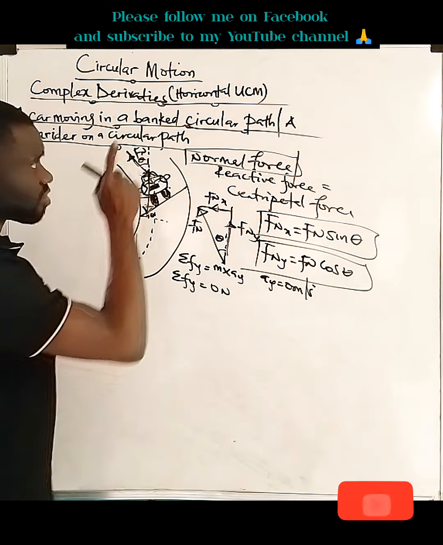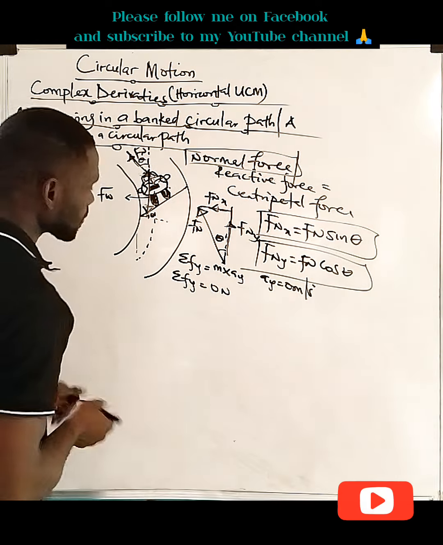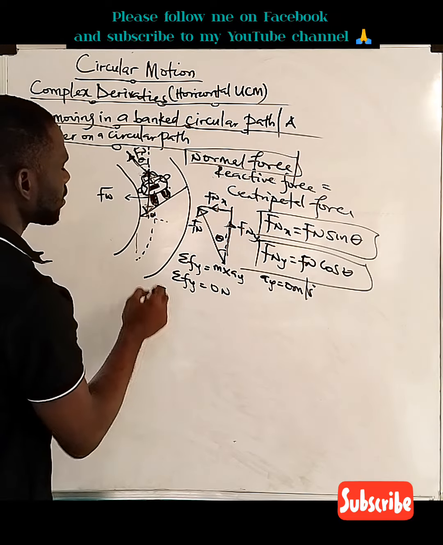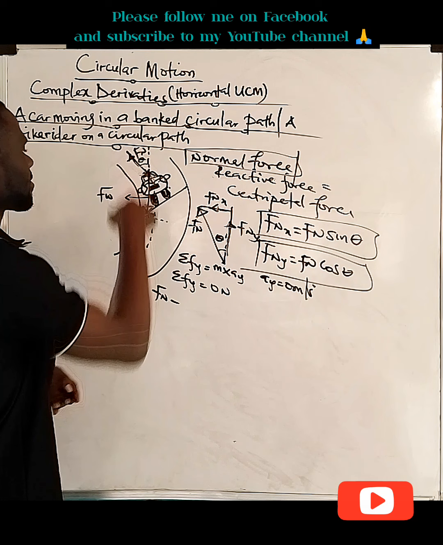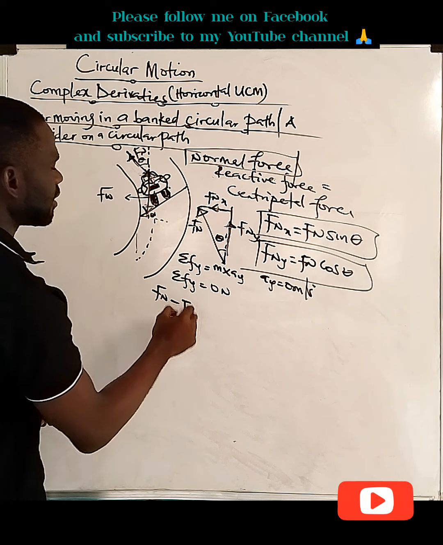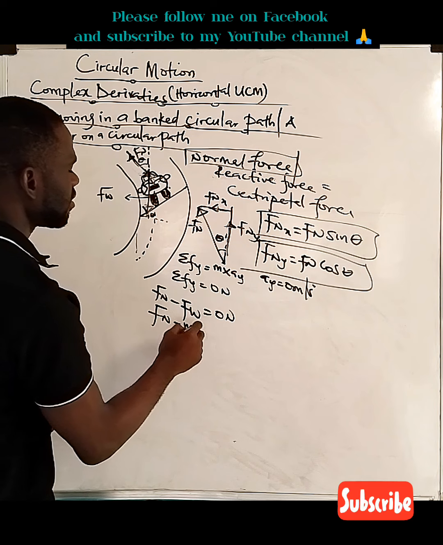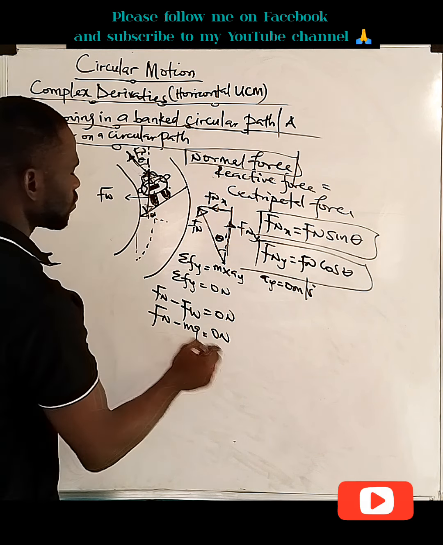This is horizontal uniform circular motion. That's what we're discussing. So what are the forces we have? We have a normal force, Fn, minus the direct weight, Fw, equals 0 Newton. So we have Fn minus mg, mass times gravity, equals 0 Newton. So the normal force